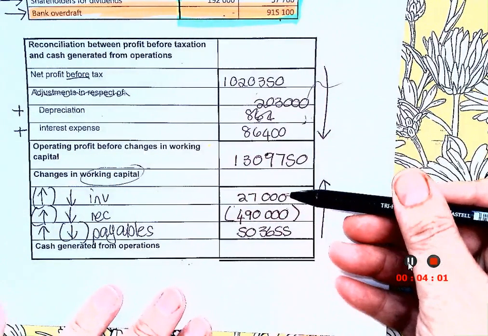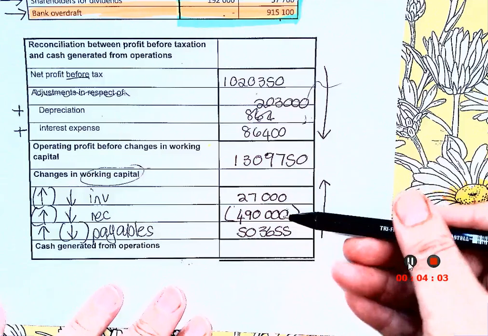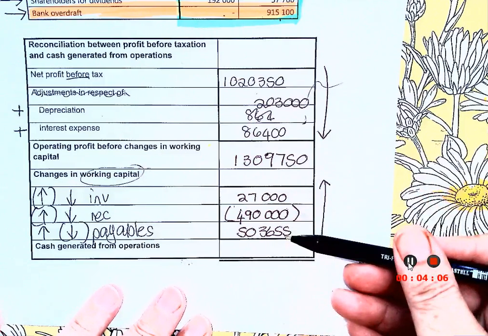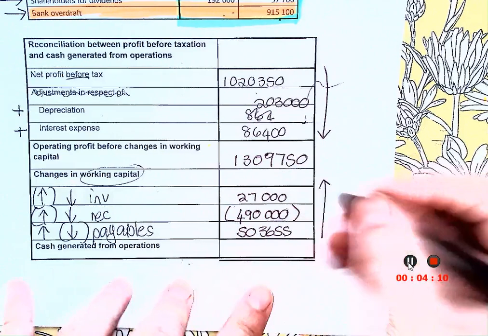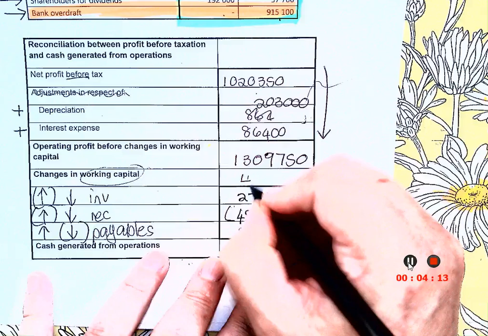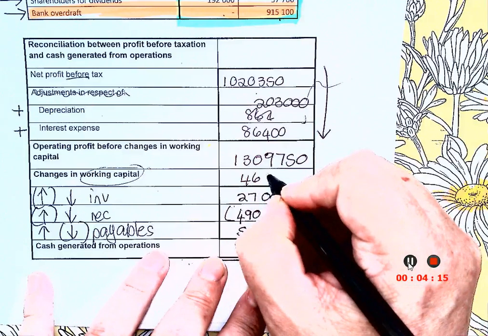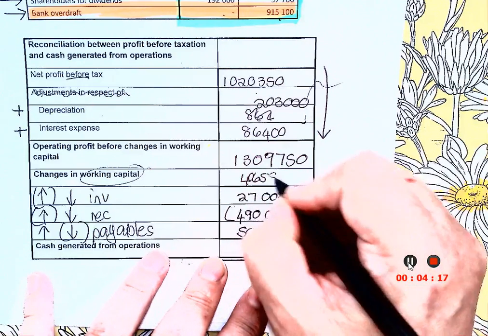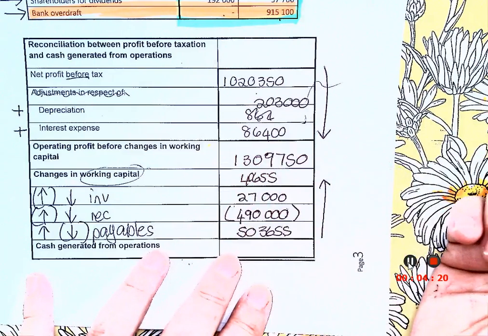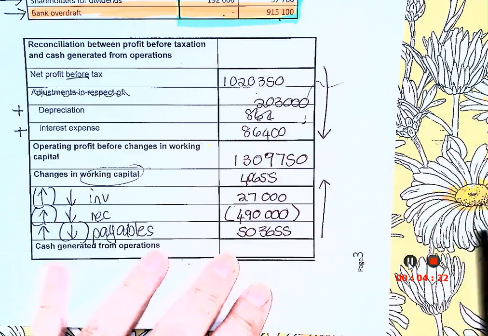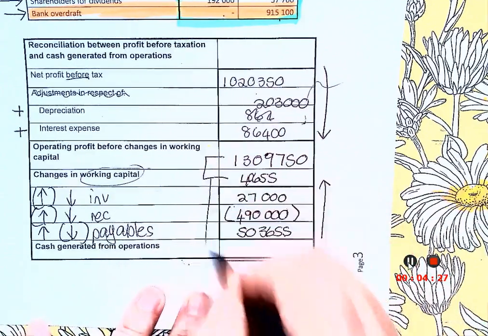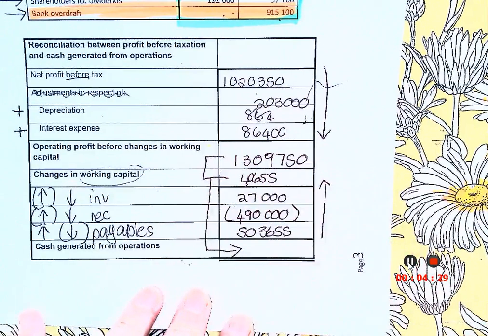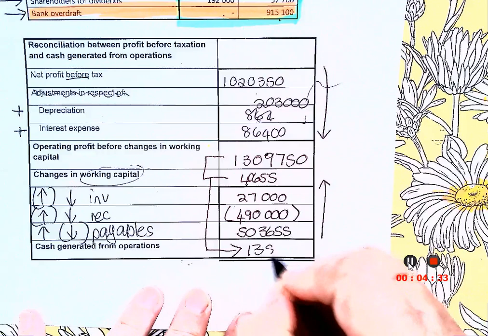So now I see I've got 27, and you just work with your brackets. 27 minus 490 plus 50 will give me block and top. 46. Positive or negative? Positive. So now what I do is I say the 13 plus the 40 gives me the 135